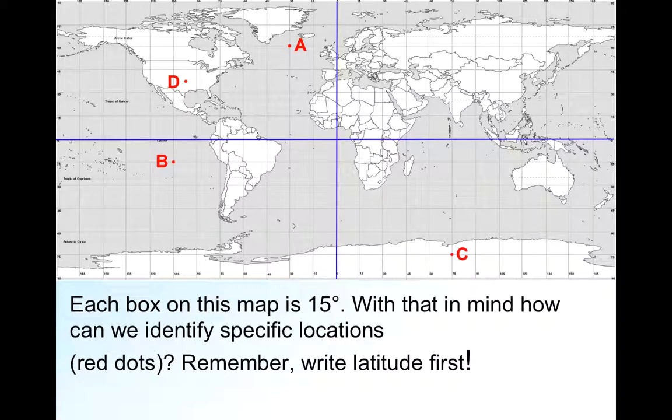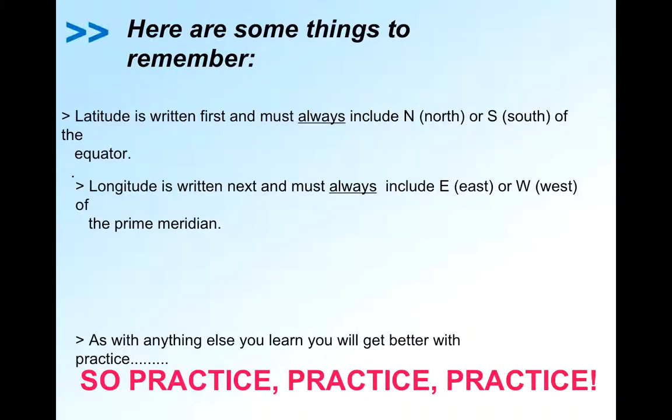I want you to pause the video and do B, C, and D by yourself now. Okay, here's some things to remember. Latitude is written first and always is north or south of the equator. Longitude is written next and must always be east and west of the prime meridian. As with anything else, you'll learn and get better with this through practice, so